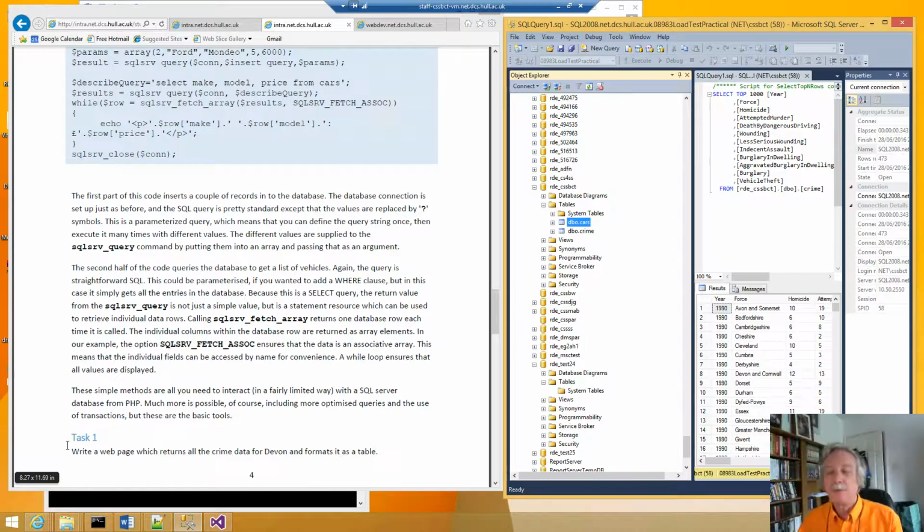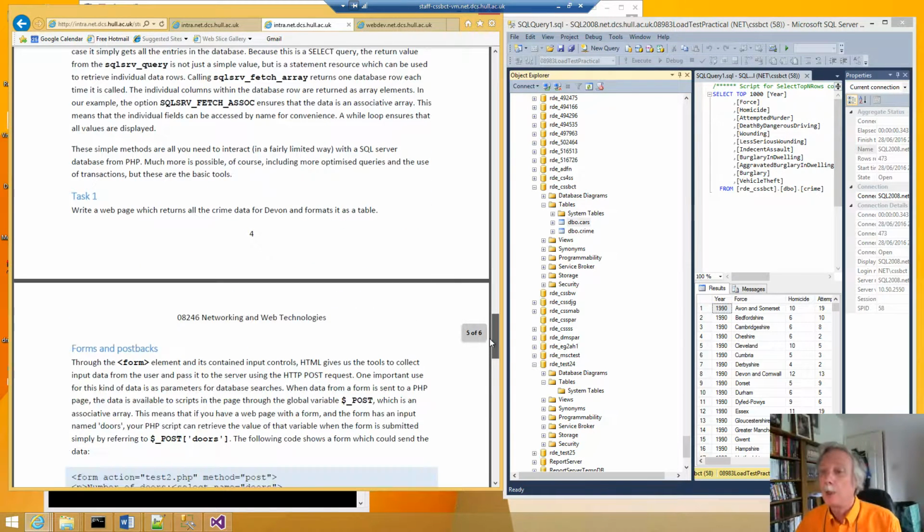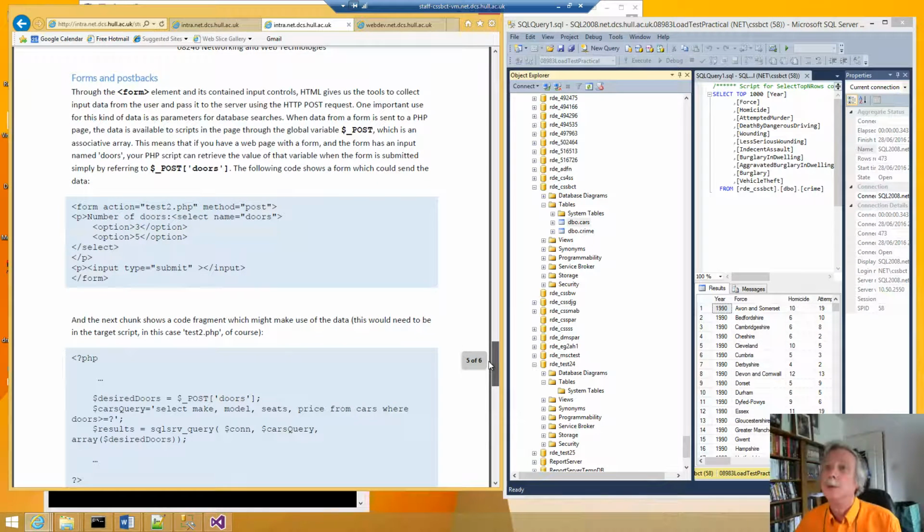We can see it's given us a task that we could write a web page to return the crime data for Devon, but we can move down and look at the next task, which is about making forms